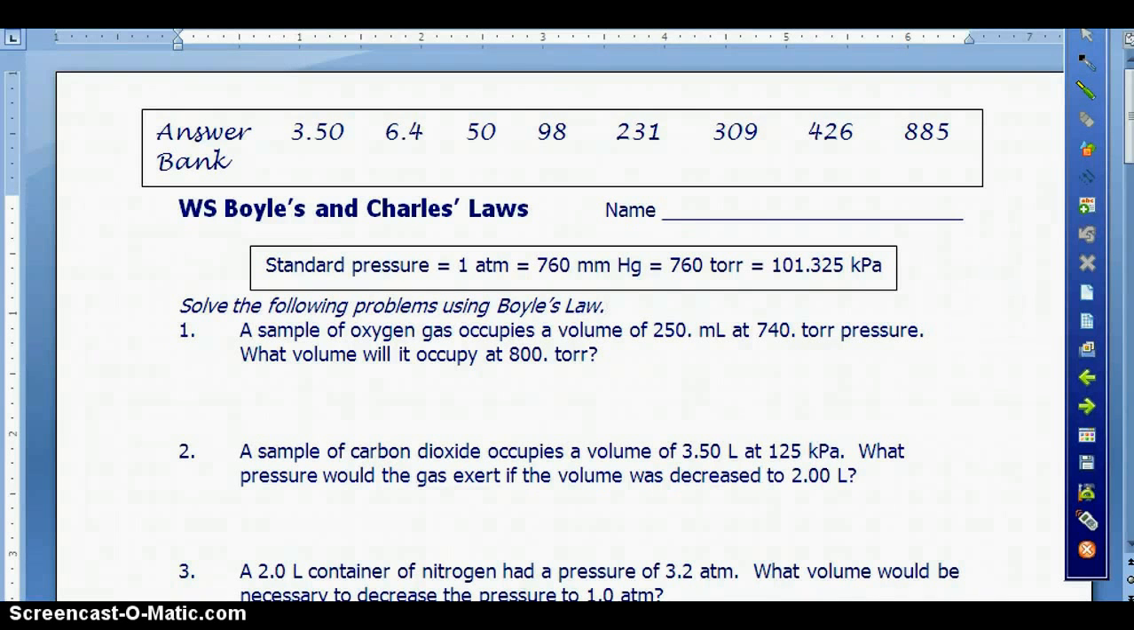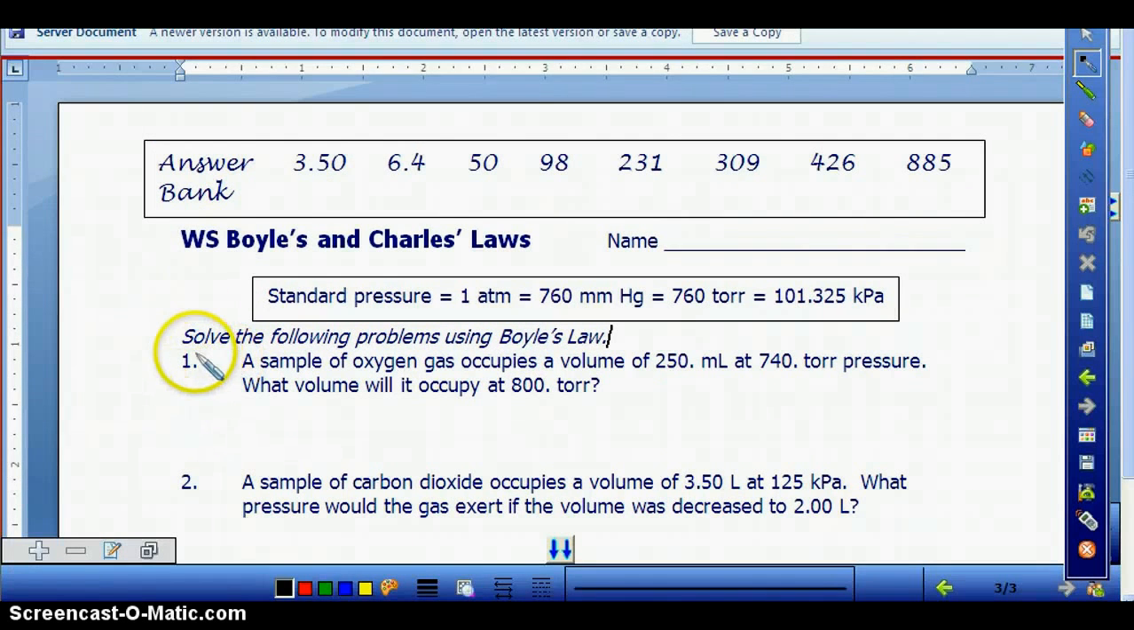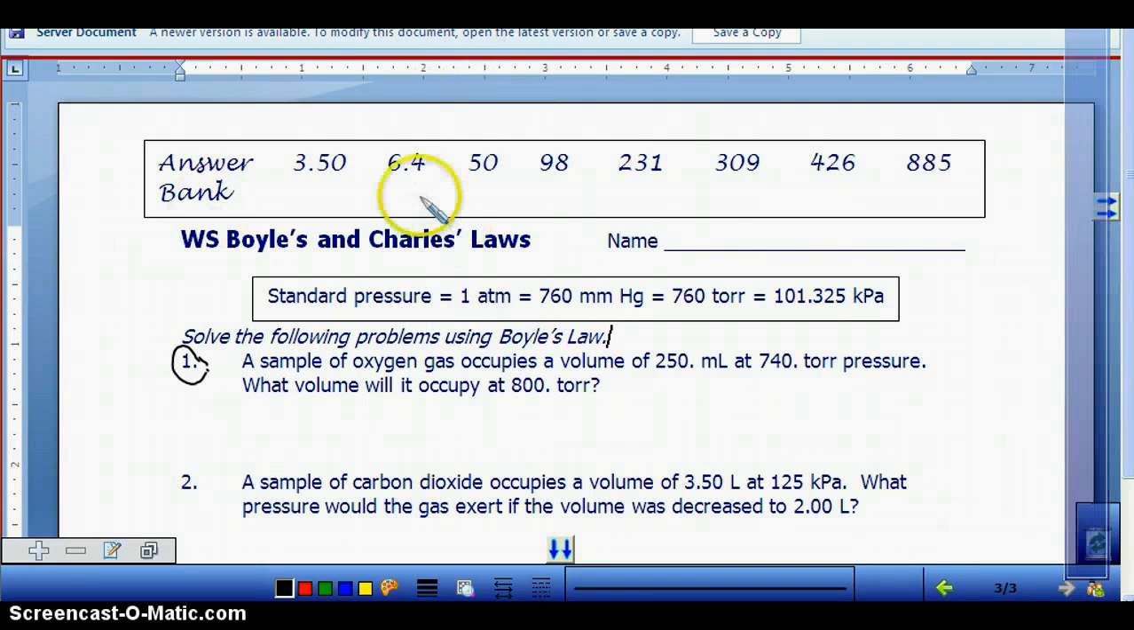Today we're looking at a worksheet for Boyle's Law and Charles' Law, and we're going to work through question number 1, question number 5, and then we're going to do a couple examples on the back, 11 and 12. So a couple things to notice. You've got an answer bank up here at the top. You've also got a little space over here. You should write your